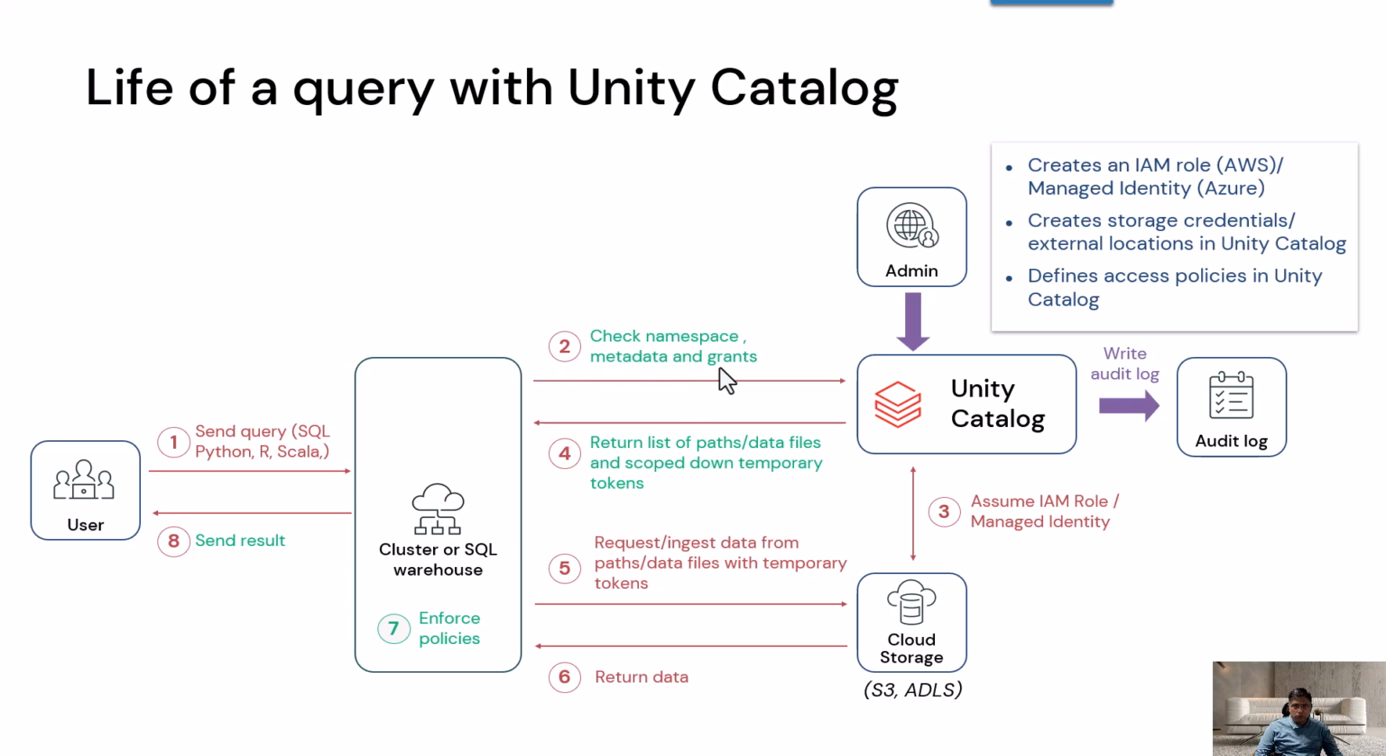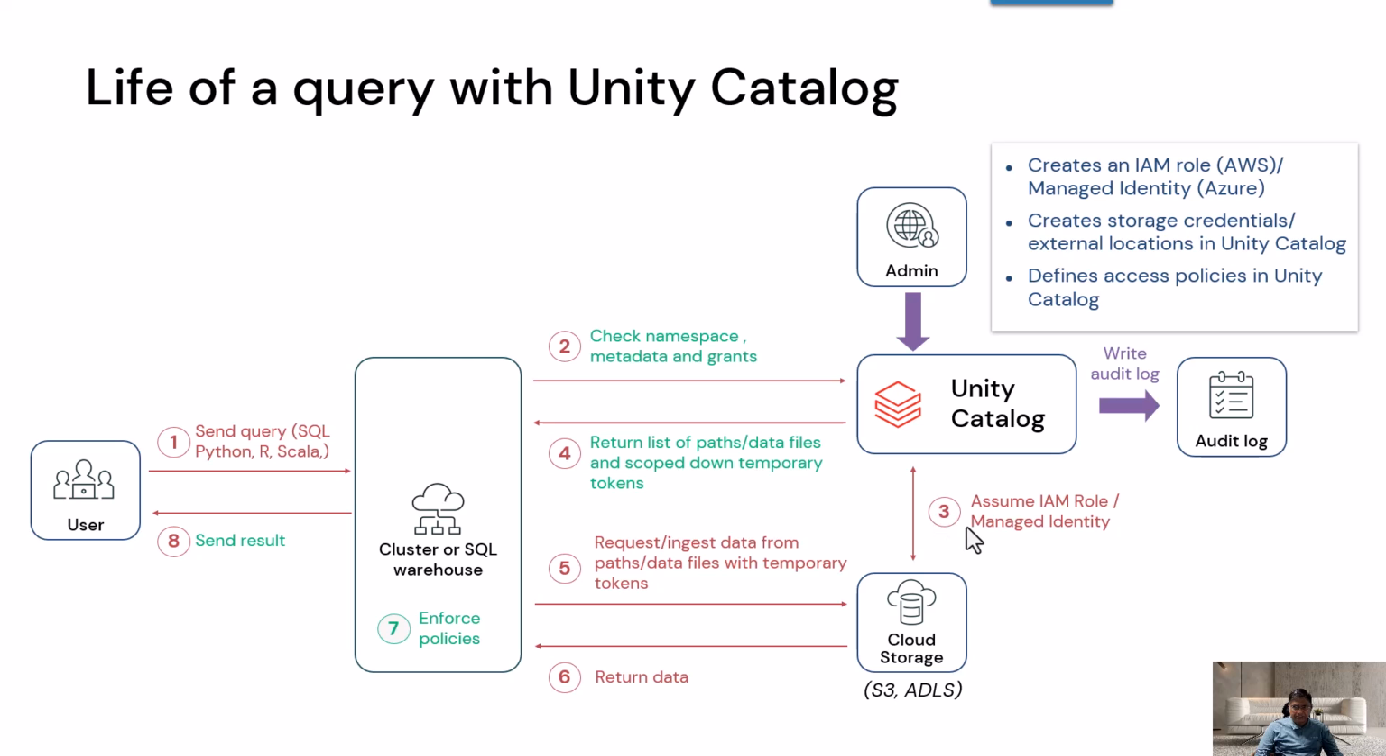Now when somebody wants to check the namespace, metadata and grants, it is already set up, and based on that it is going to assume the IAM role which is set up here. That role, or the managed identity role, will be assumed, because you are accessing the data from the metastore, and that data has some credentials, and those credentials are nothing but a managed identity in Azure or an IAM role in AWS. All the operations are audit logged in the audit log table, right? And then based on that IAM role, the access is